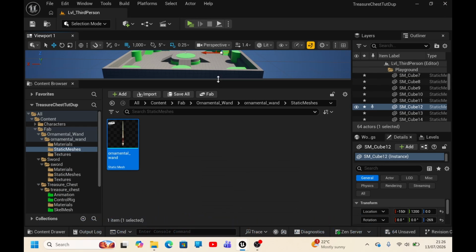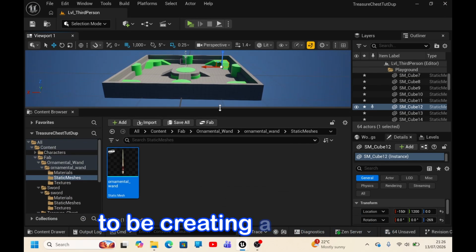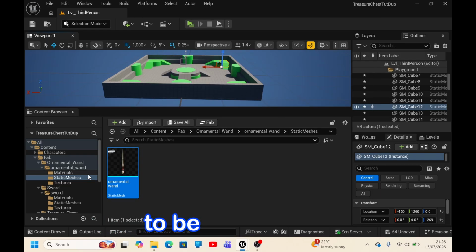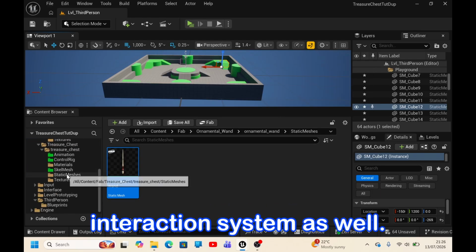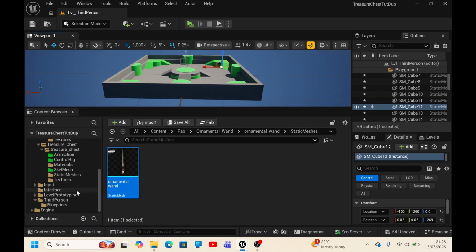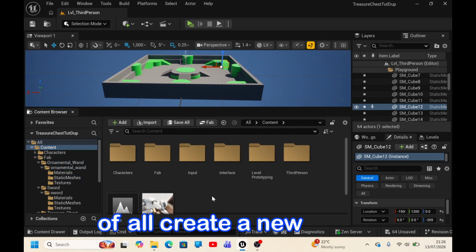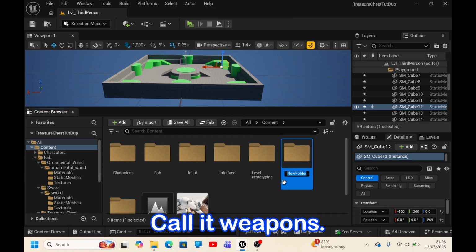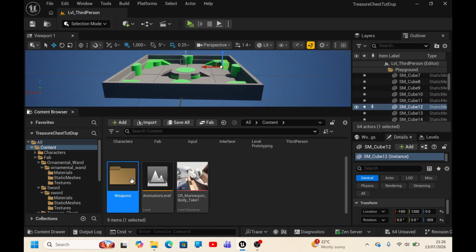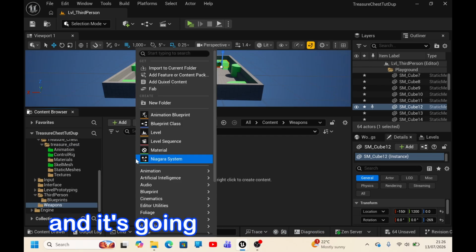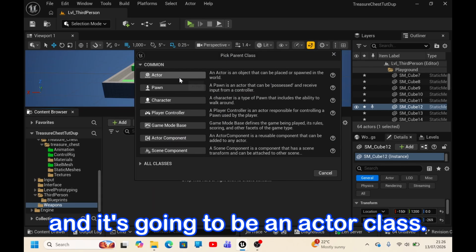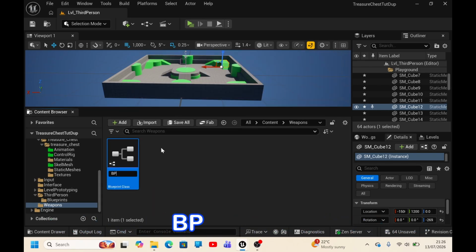Okay, so I'm going to be creating a weapons manager, and I'm going to be creating an interaction system as well. So I'm going to first of all create a new folder, call it weapons, and it's going to be an actor class, BP weapon base,